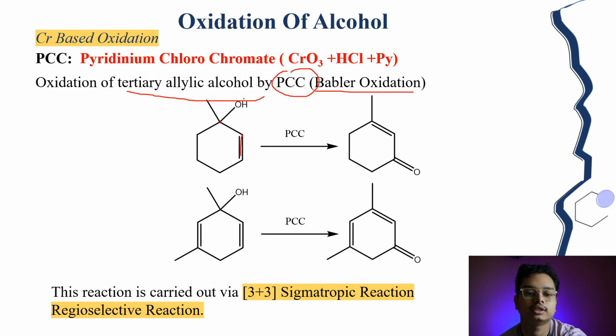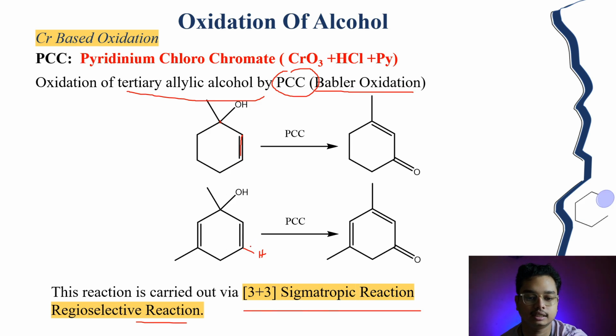PCC is able to do this tertiary allylic transformation. Also, this reaction is carried out via a 3,3-sigmatropic reaction. It is a regioselective reaction because in the allylic position it needs one hydrogen to proceed,